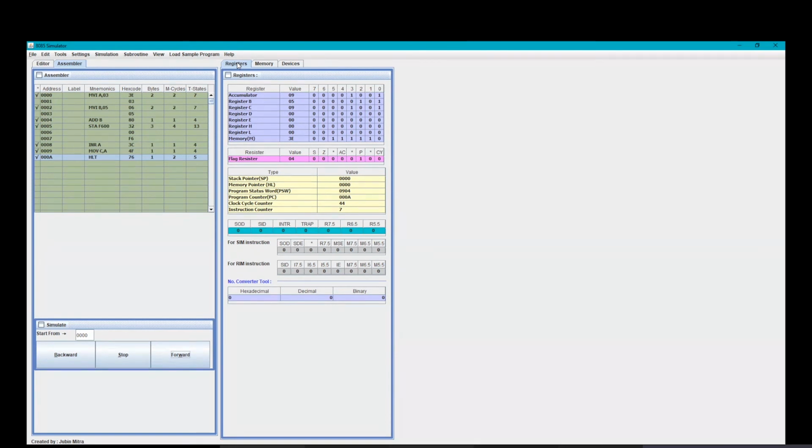What about the store, sir? STA. You mean to say you could have used that instruction? STA F600. Correct. As we study, STA is again a data transfer instruction.